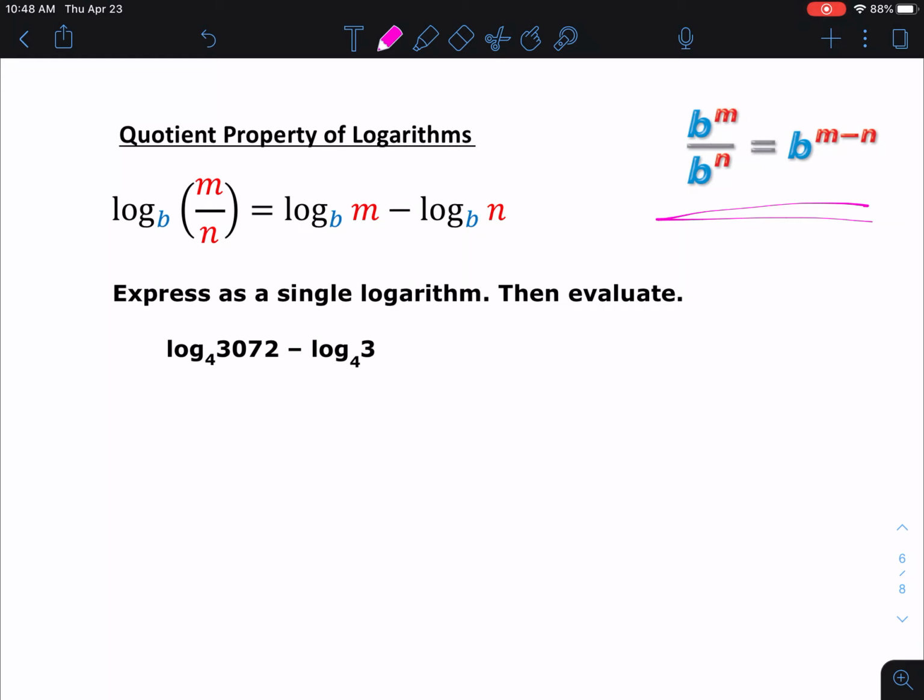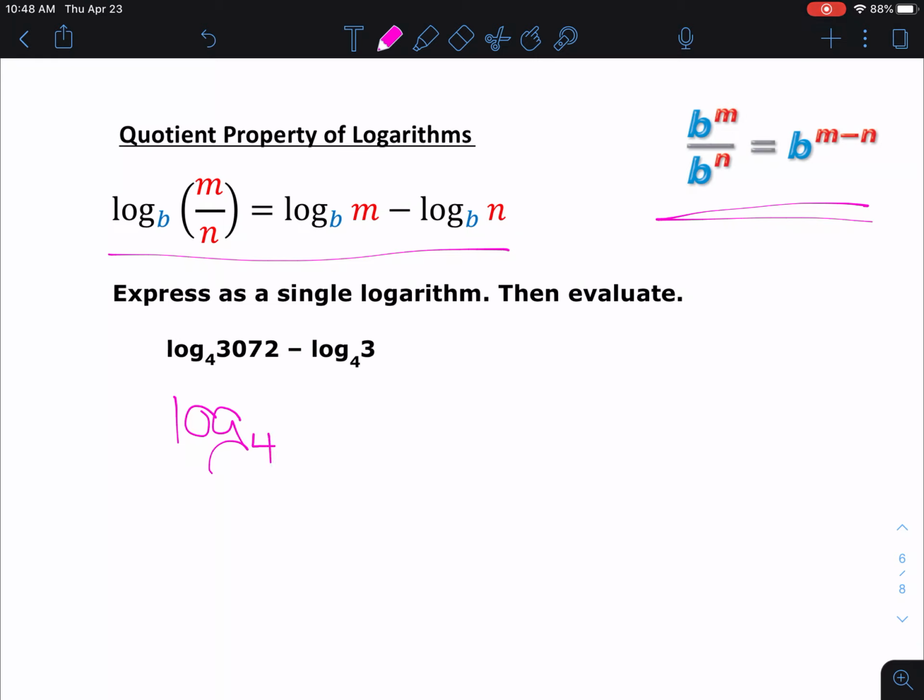When you have two things with the same base and you're dividing them, you can subtract the exponents. Well, that's where this comes in with property of logarithms. So I see a subtraction here. I notice that both of the bases are 4, so I can rewrite this as log